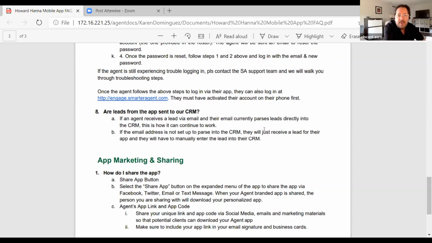I can't imagine all of this working together and then the app not working with the other stuff, after the Engage CRM. So if they're in your CRM, they're going to flow over to your app. If the email address is not set up to parse into the CRM,